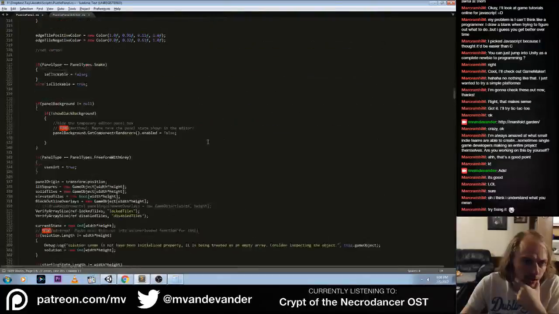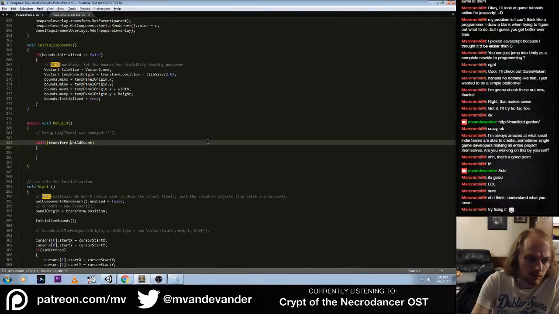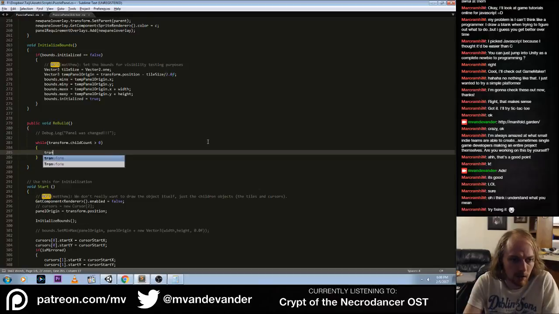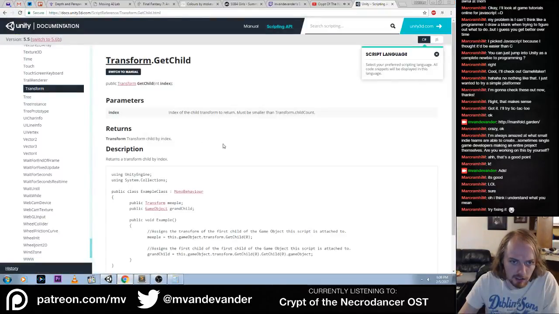Okay, so I'm gonna try that. I'm gonna try doing while transform child count is more than 0, then we're gonna just loop through and go transform.get child, and we're getting it by index, so we should just be able to get the 0th index,